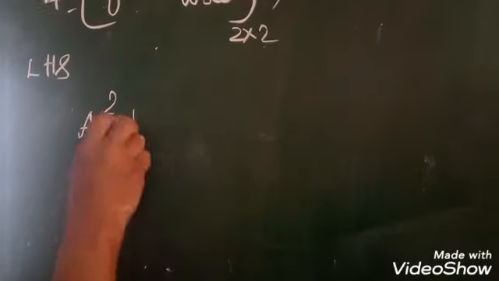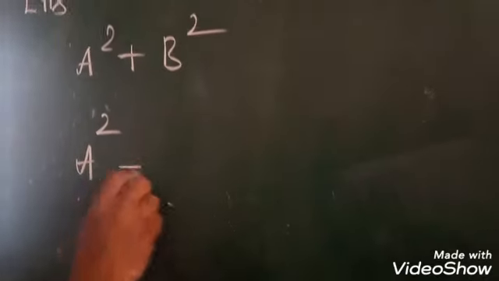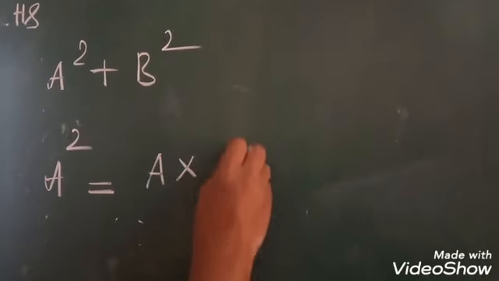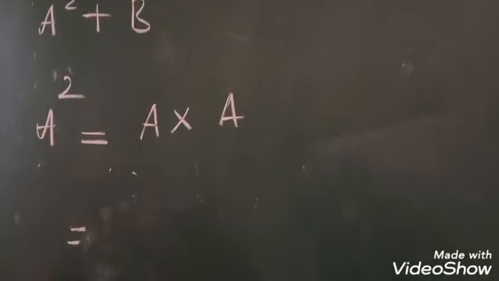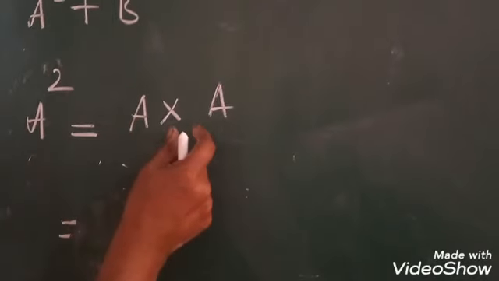First we want to find out A squared plus B squared. First I am going to find out A squared. Here A squared means you should not square up the elements. Here the matrix multiplication is totally different. Already I said in the last two videos, here A squared means you have to convert it as A cross A.